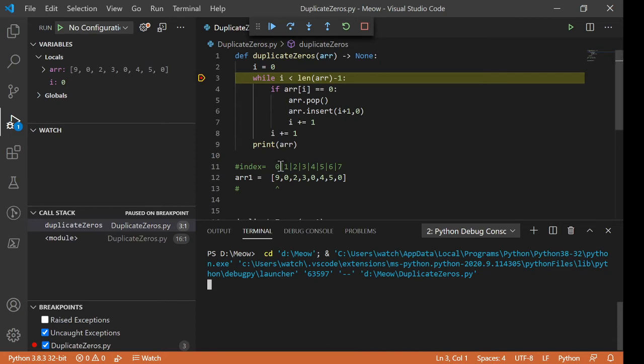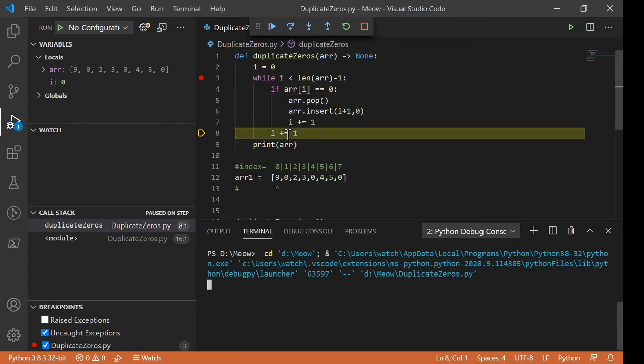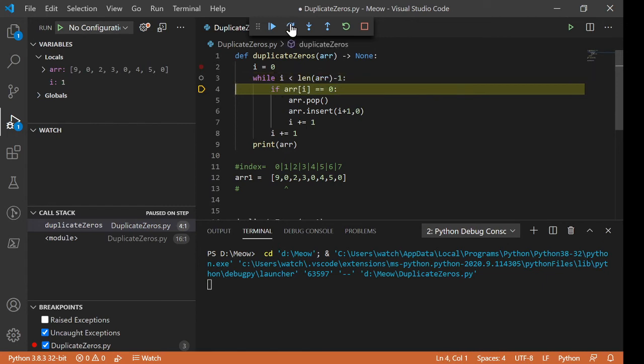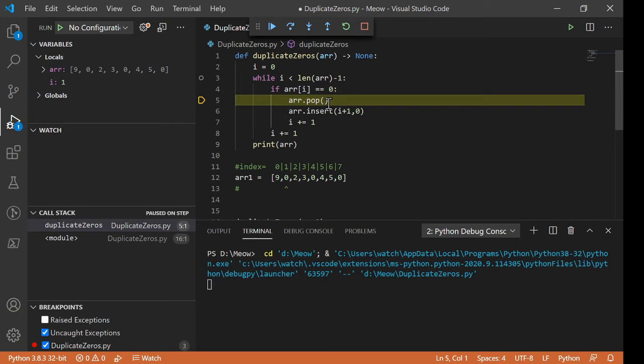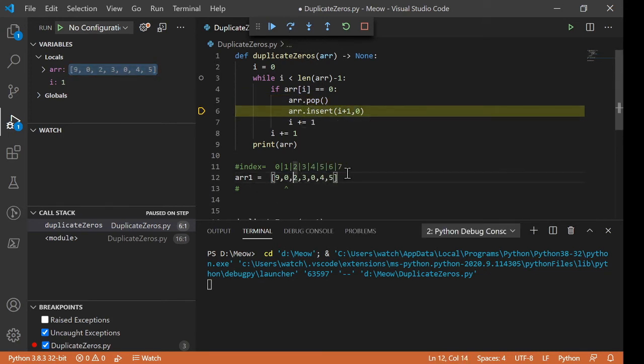We start at index 0, value 9, and is 9 equal to 0? No, so it moves to the next element, to the next index 1, as you can see here. At index 1 we have value 0, and we evaluate. Okay, 0 equals 0, so it's going to remove the last element of the array and insert a 0 next to it. So I'm going to add a 0,